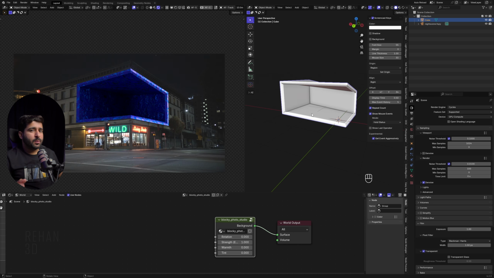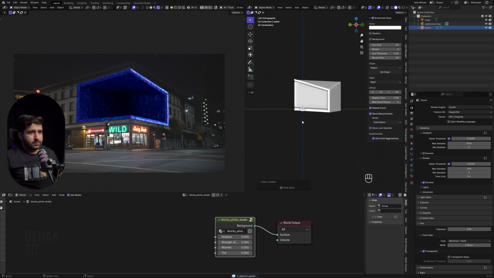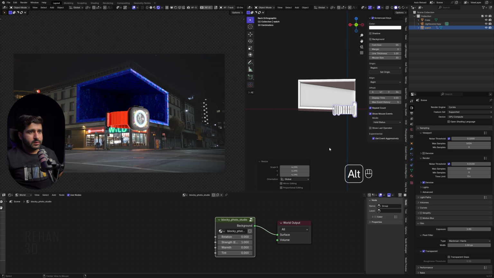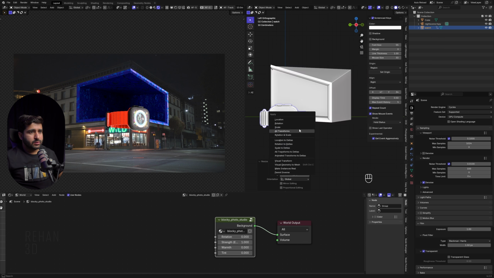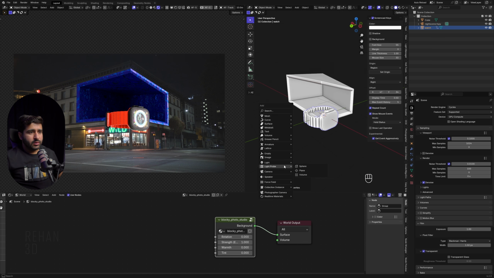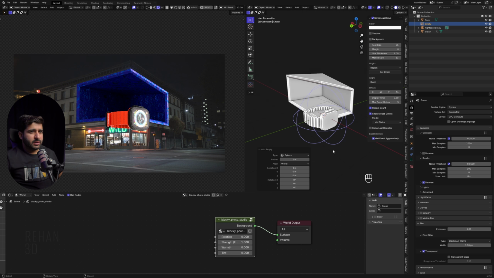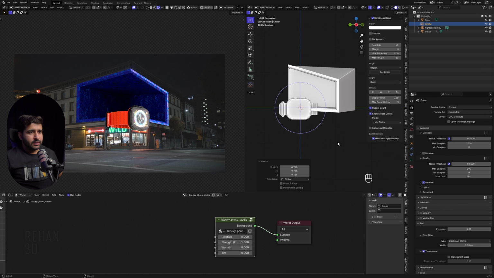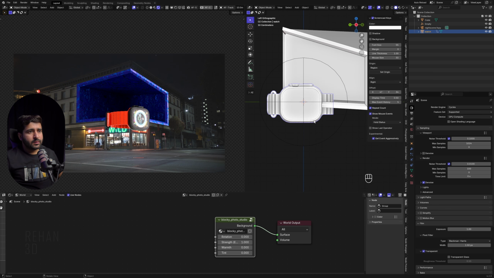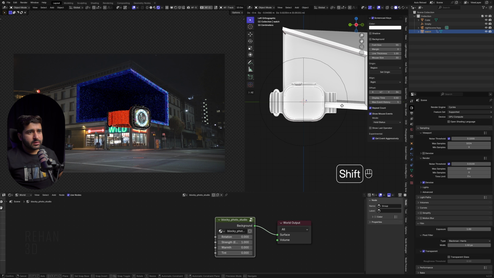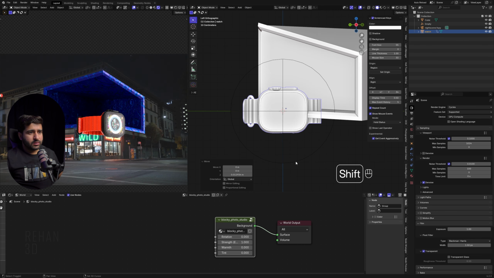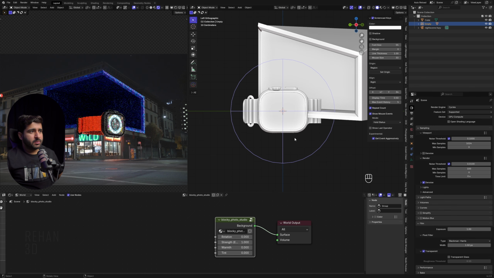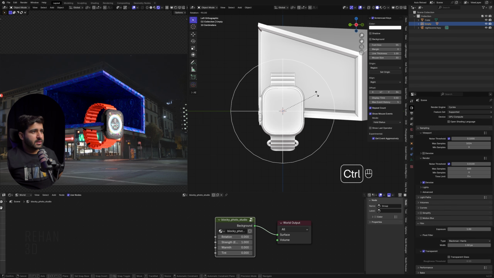And now I will simply import my watch model into the scene, paste it here like this, Control A, all transforms, take a new empty, let's take it as a sphere like this, and move it into the center of this like this. Okay, so now simply select the watch, select the empty, Control P, parent, and it will parent your watch to this empty like this.